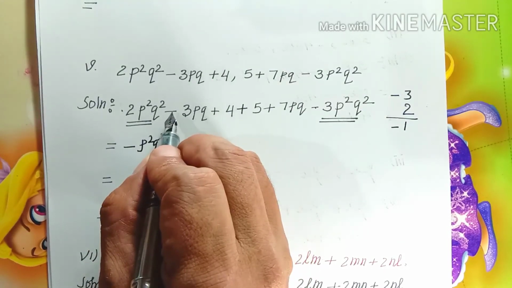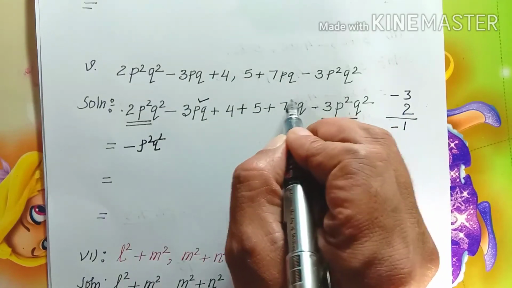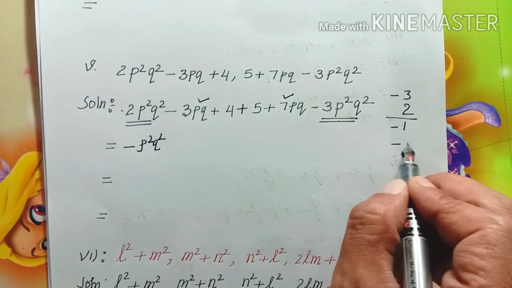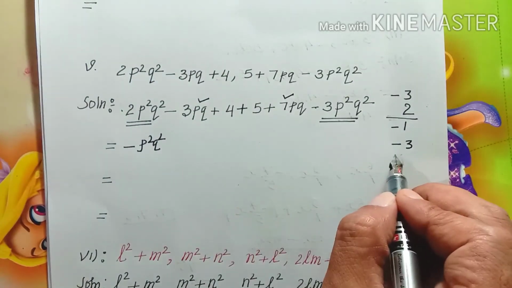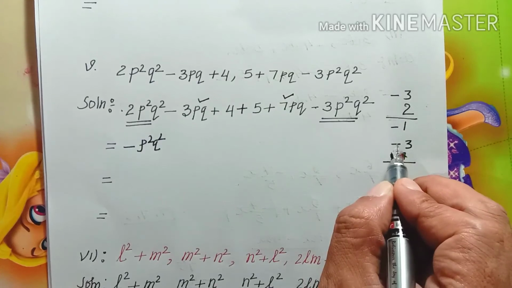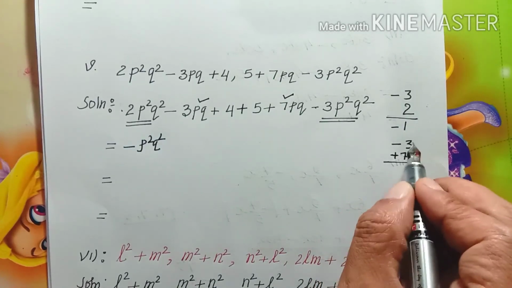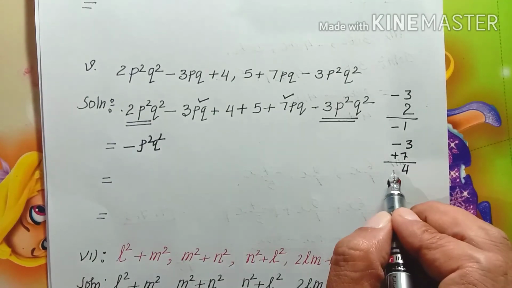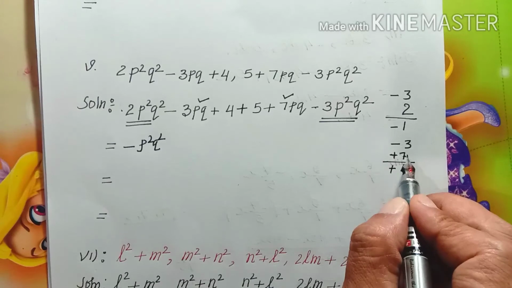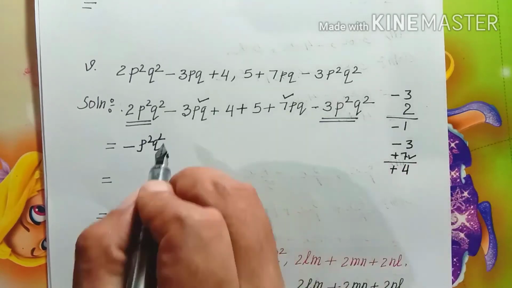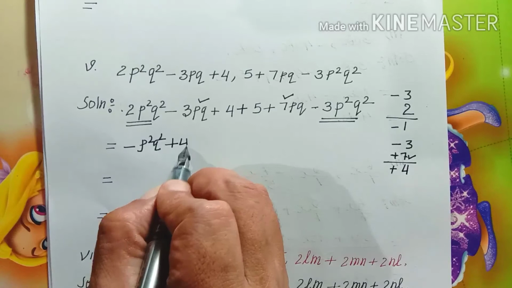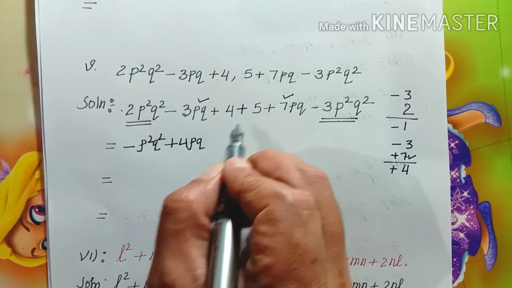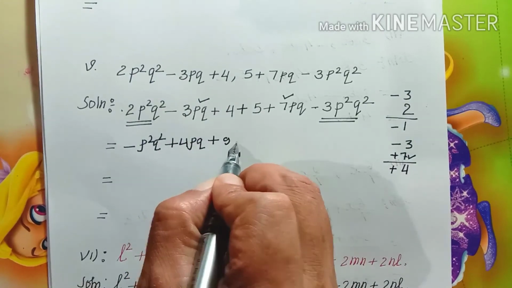Now we have here minus 3pq, again here also plus 7pq. You can take the numerical value here, one is we have here minus 3, the other one we have here plus 7, so plus minus will be minus, so you'll have to subtract only the number here, 7 minus 3, which is equals to 4, but sign we take from the bigger number, which means bigger number has a positive sign, so plus 4. So we have here plus 4, the variable will remain as this. Now the numerical value here, 4 plus 5, which is equals to total is 9.